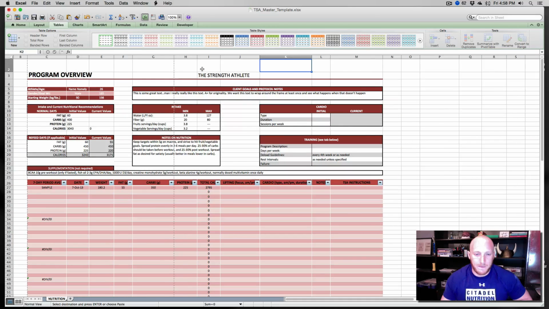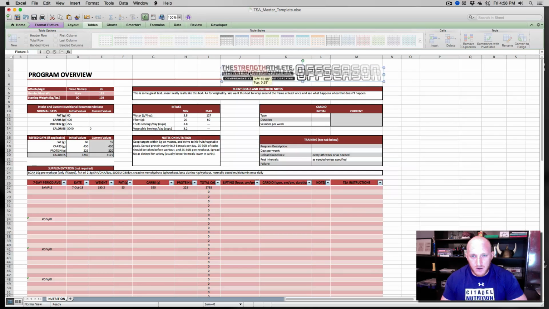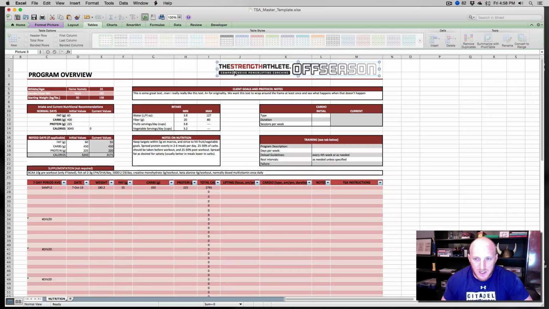So, that's very convenient. All right, the next thing we can do is use graphics. The strength athlete is here, but it's just plain text, so it's kind of boring. We're going to delete that and bring in a graphic, so that way we can use other fonts, we can use our logos, we can make things more visually appealing. And there's all kinds of things we can do with this picture besides just resizing it and making